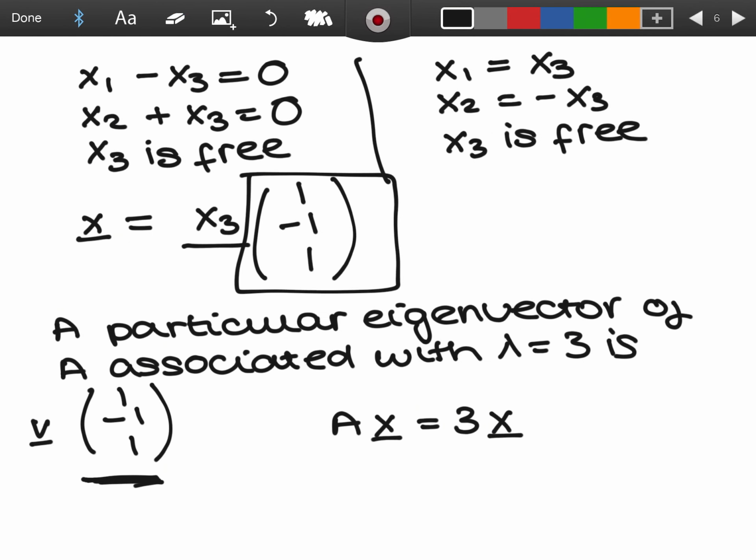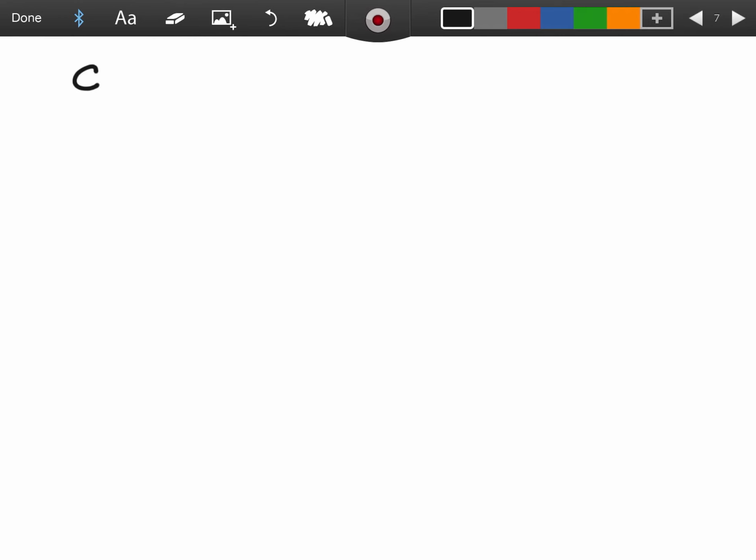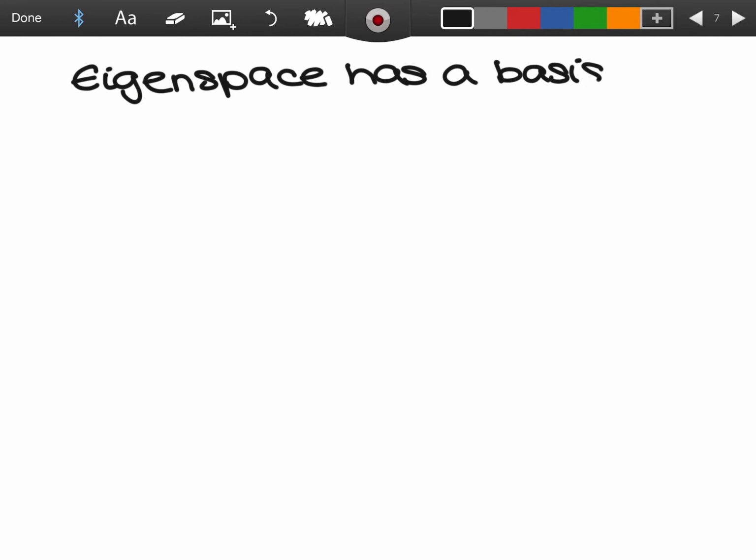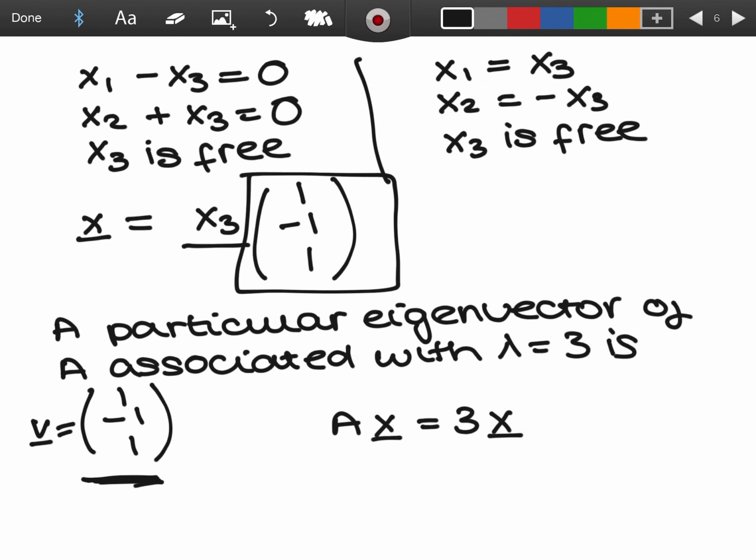I will actually write the eigenspace out just so you can see how it is written. So this would be a particular eigenvector. We'll call it V, you could call it X if you liked. That would be a particular eigenvector. The eigenspace has a basis